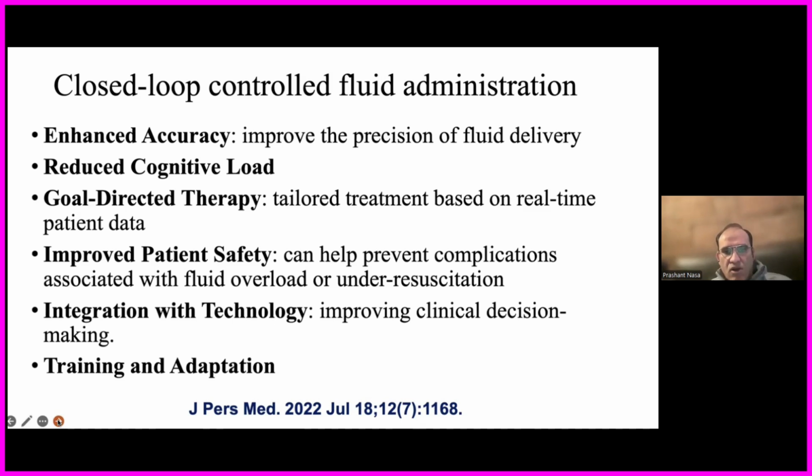Though we know that all this looks very complex, to start with, we will need to do a lot of training of healthcare professionals, and we as healthcare professionals have to adapt to some of these mechanisms which can guide us, and they should have validated tools. So ultimately it will add a lot of training for healthcare professionals, but in the long term, this will make our decision making much more efficient, and more importantly, it will improve patient safety. That is what was suggested in this review, that closed loop can probably improve outcomes in the future.